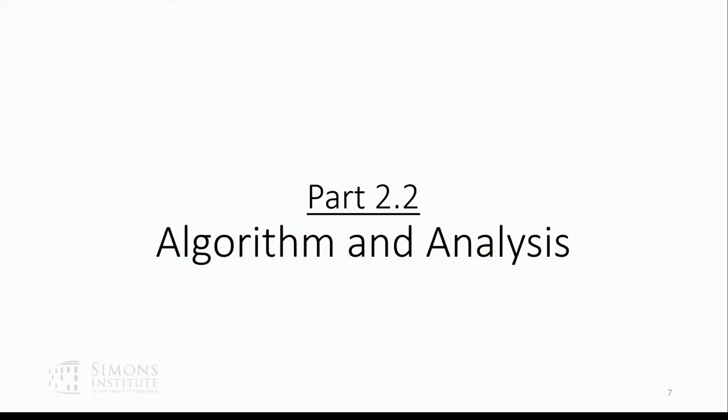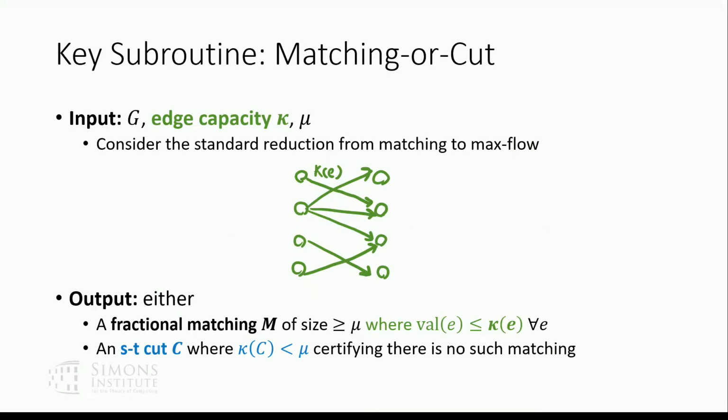So we're going to capture this criticality with a notion of a capacity. We're going to put a capacity kappa on every edge. And we're basically saying that your matching is not allowed to put more than value kappa on that edge.